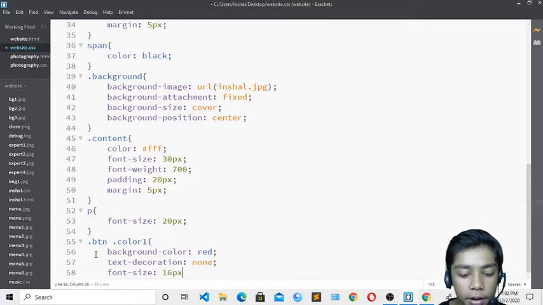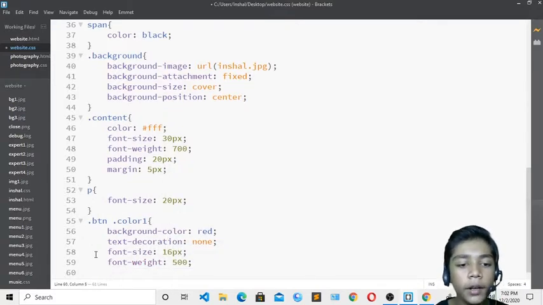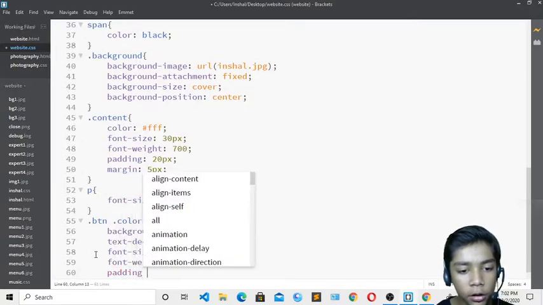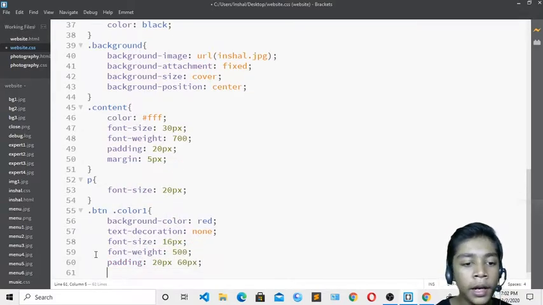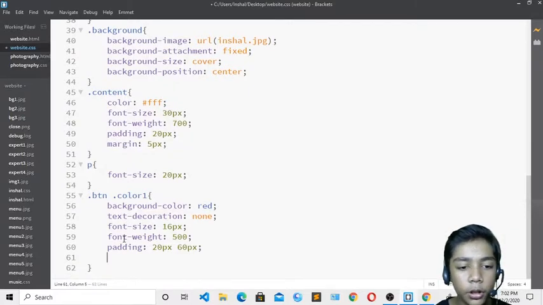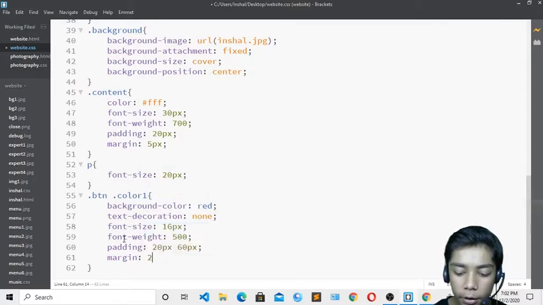Okay, 16 pixel is good. Font weight should also be 500, and padding should be 20 pixel and 60 pixel. Padding is defined, now margin. Margin should be 26 pixel.